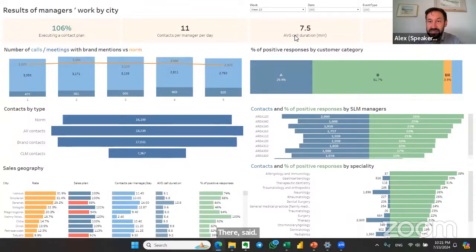No matter how amazing your dashboard, it can be exported to Excel, right? So what do we have? We have their target plan.